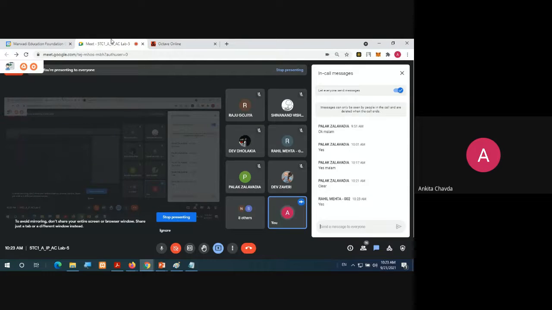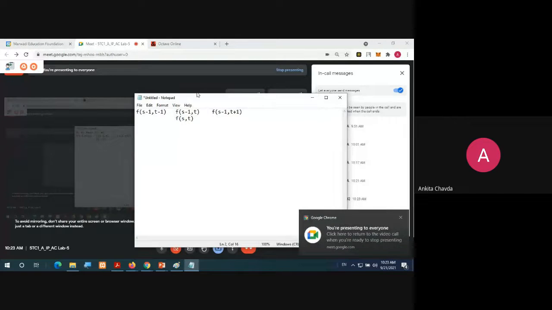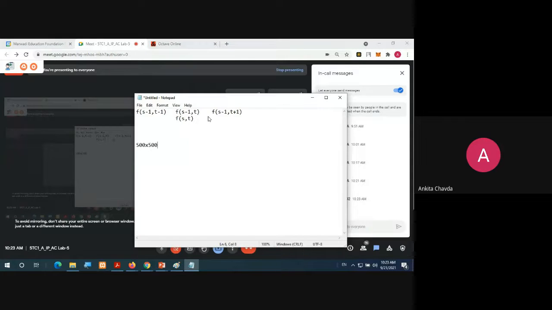If from your whole image, which may be, suppose, 500 cross 500, I'll take one loop and check the intensity of each and every pixel, and I'm saying that if this value is greater than, suppose, any value you are giving, that is 162, so this is what you are mentioning as your thresholding point.